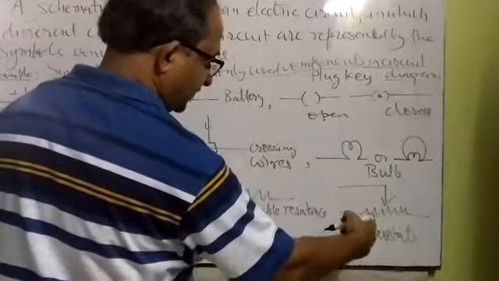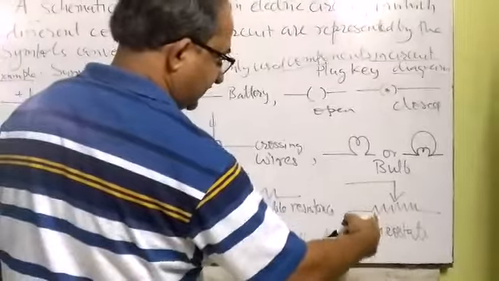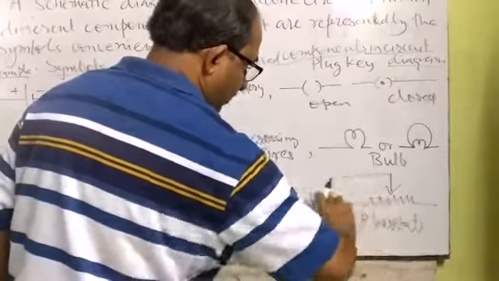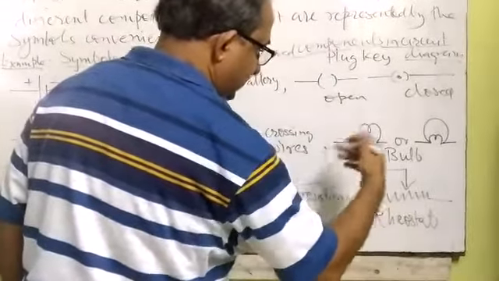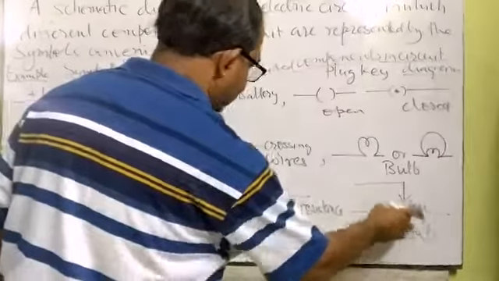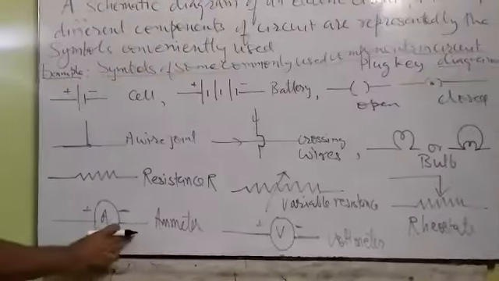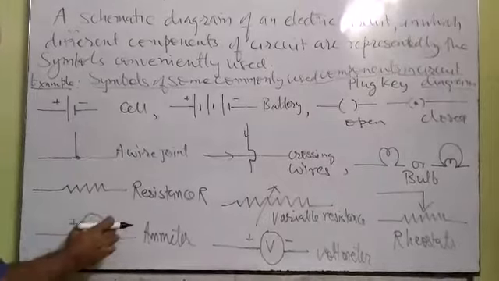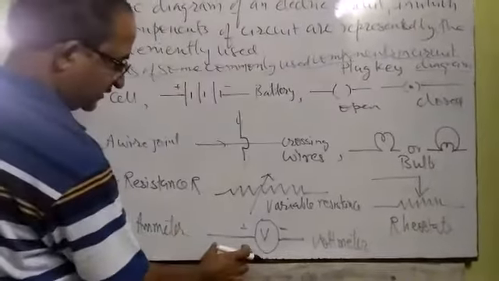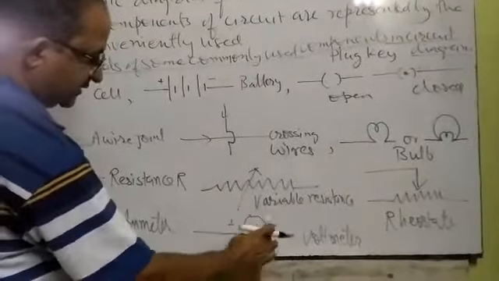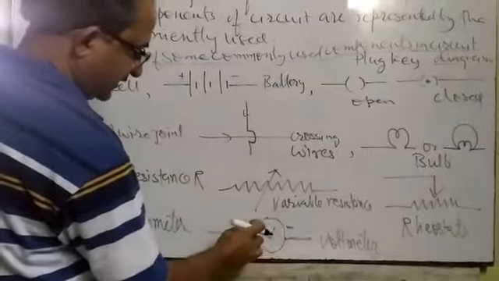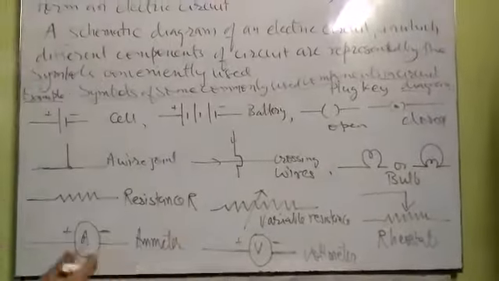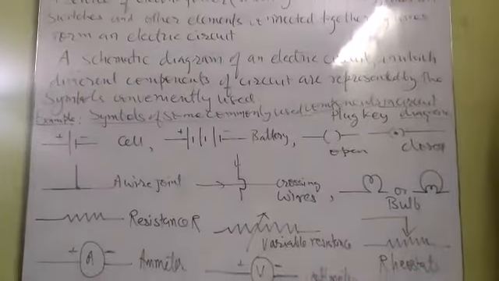A rheostat is used for changing the current. It is a device in which we can change the amount of current with the help of a knob, by which resistance can be increased and decreased. In this way, the current can be decreased or increased. This is the symbol of an ammeter, which is generally used for measuring the electric current. It has two terminals, plus and minus, two polarities. In the same way, this is the symbol of a voltmeter, with a V sign inside the circle. It again has two polarities, plus and minus. These symbols we can use for making a circuit diagram of an electric circuit.